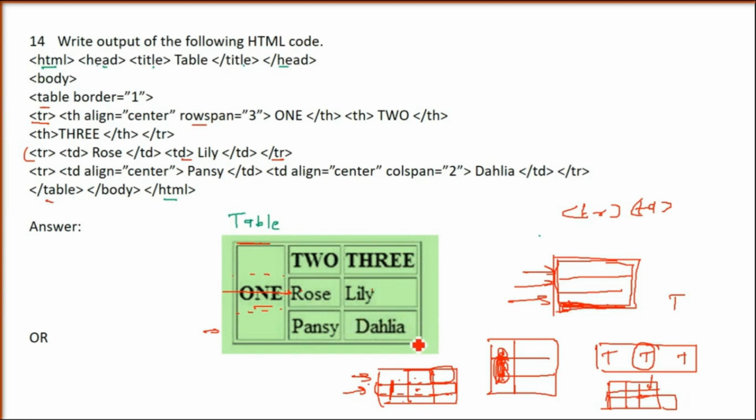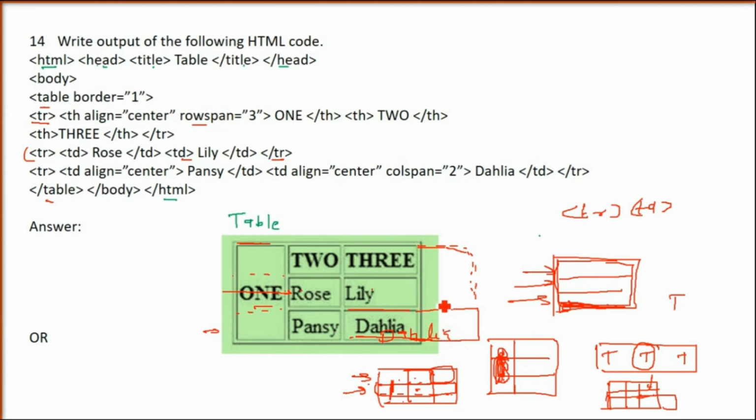1 column, 2 column. So if you see the size of Pansy and Dahlia, you can easily see that Pansy is taking 1 column, Dahlia is taking 2 columns. So colspan is 2 now. Okay. So this is how it is taking 2 columns. I just tried to show you how it has extended. It has not extended. The only thing is Dahlia is going to take 2 columns. So the size of 3, Lily, Dahlia, all these sizes will be the same, but it will be two columns, right? So this is how it is done.